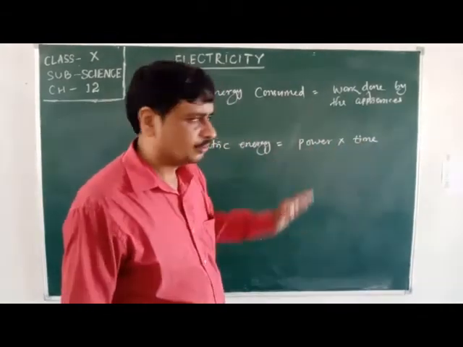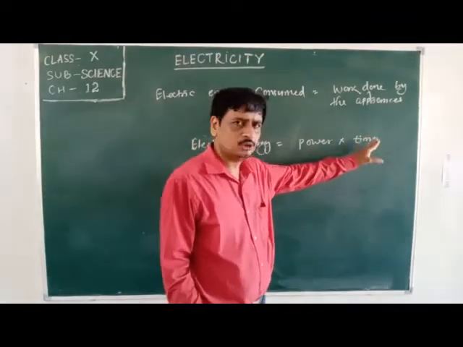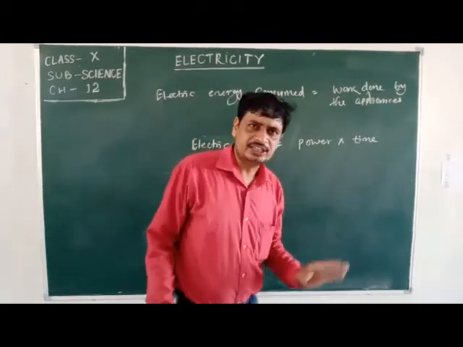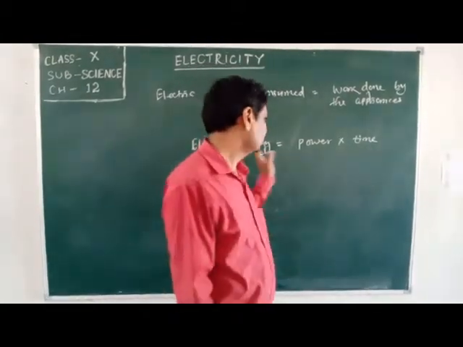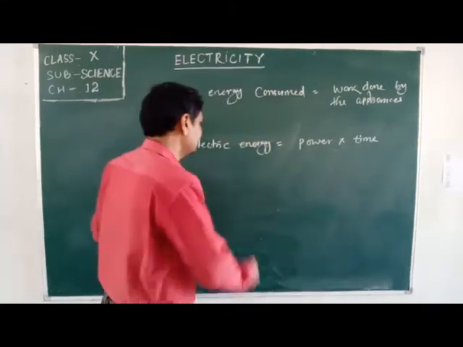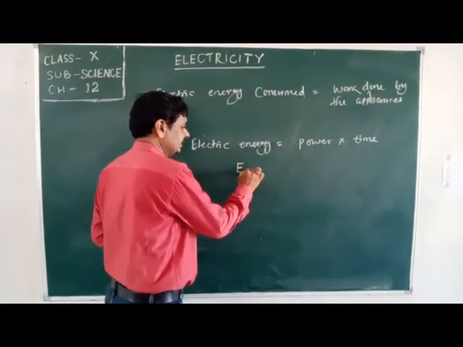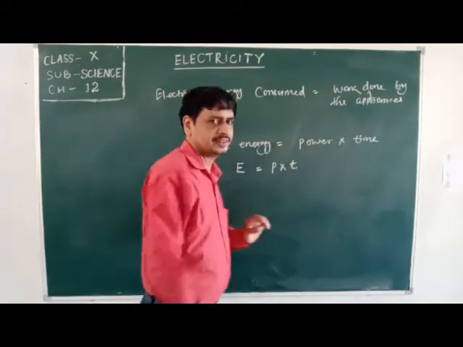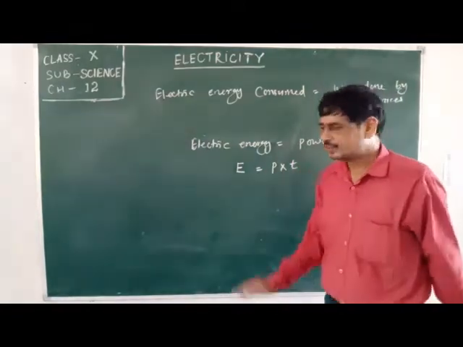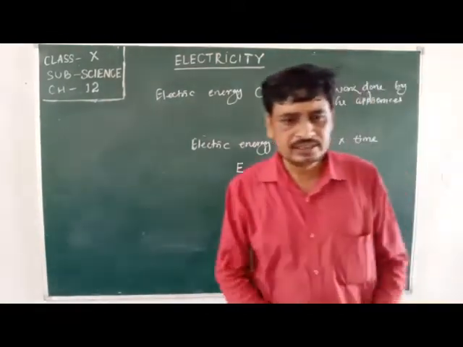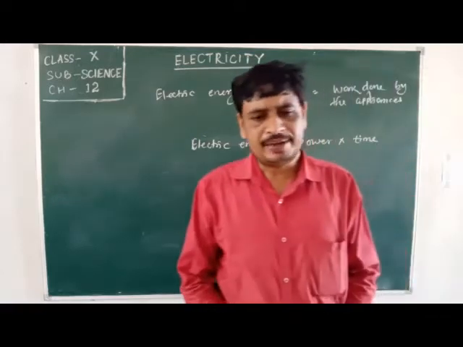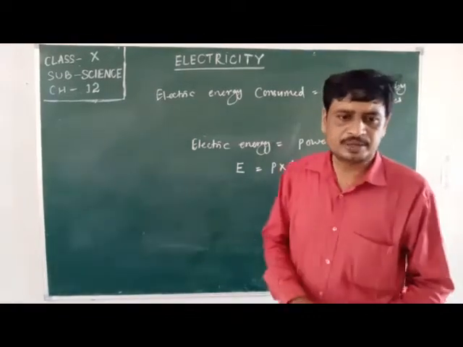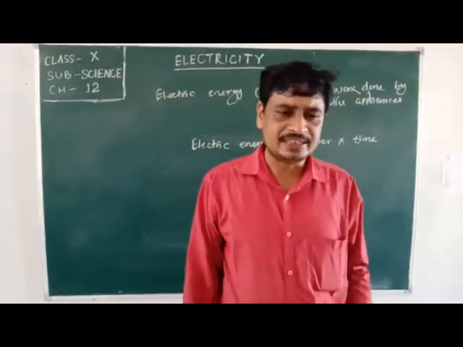If power is more, we get more work. If we run it for more time, then also we get more work. In this way, the amount of electric energy used is also that much. So this electric energy is equal to power into time. If E denotes electric energy, then E is equal to P into T. That is electric energy. The electric energy consumed by an electric appliance is given by the product of the power rating and the time for which the appliance is used.